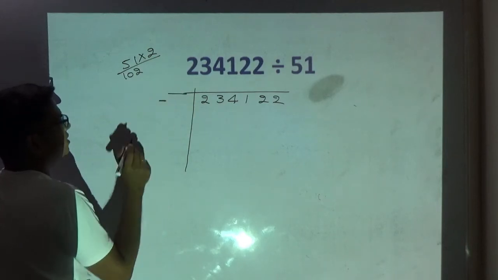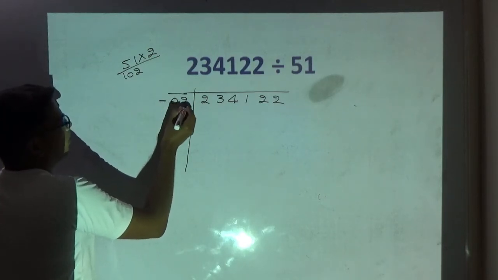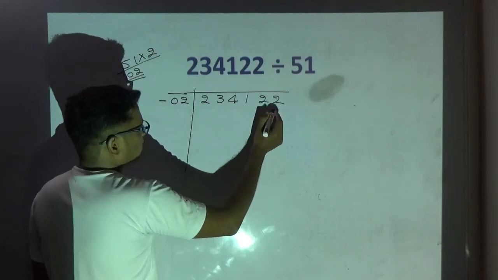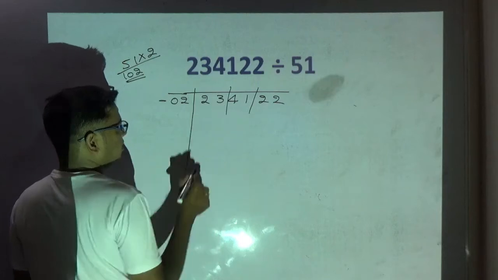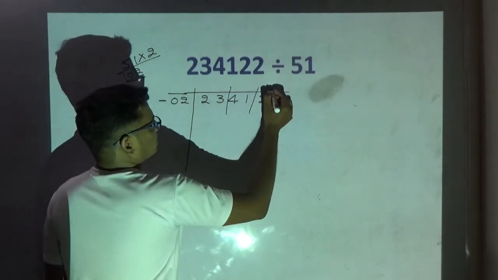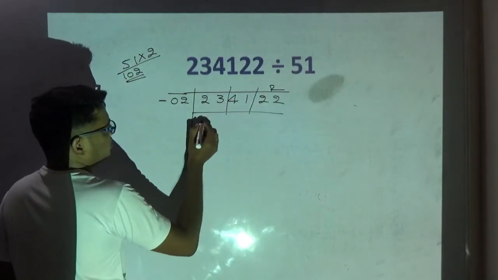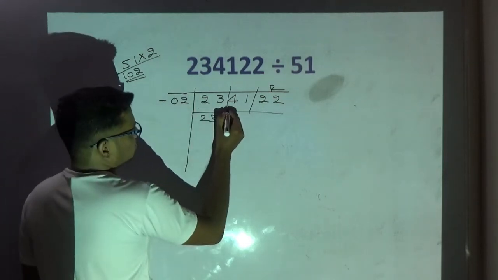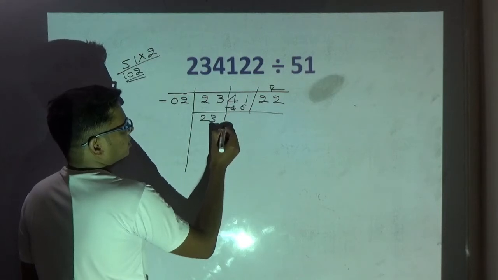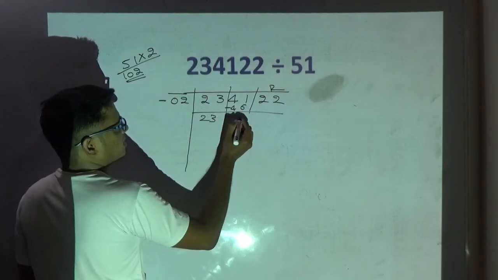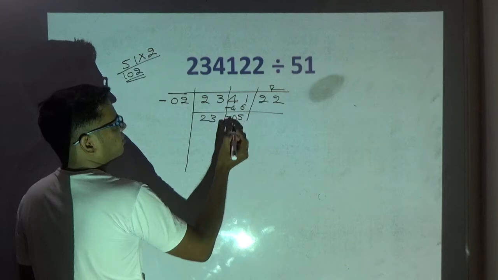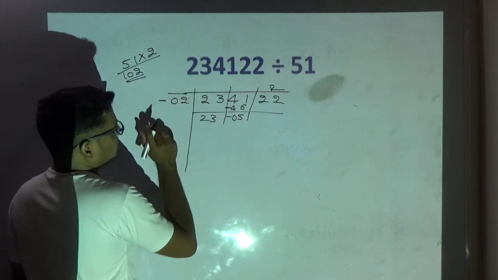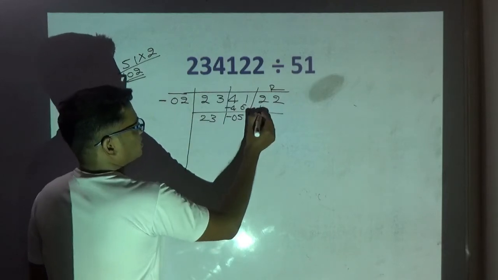Above means minus in division. Above by 2. What is our base now for 102? 100 is the base. 100 has 2 zeros, therefore split 2 digits. Correct? Now, this is the remainder part. The leftmost digit you write as it is. 23 into minus 2 is minus 46. Here, 41 minus 46 is minus 5, that is minus 0, 5. Now, minus 5 into minus 2 is plus 10. See, this will be plus 10.